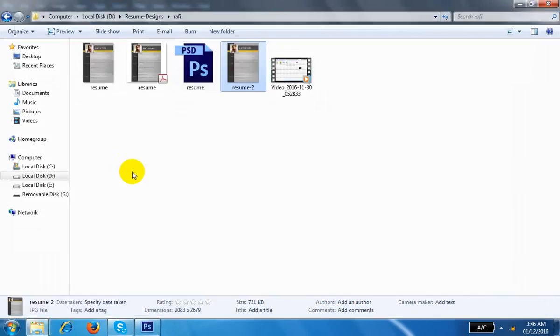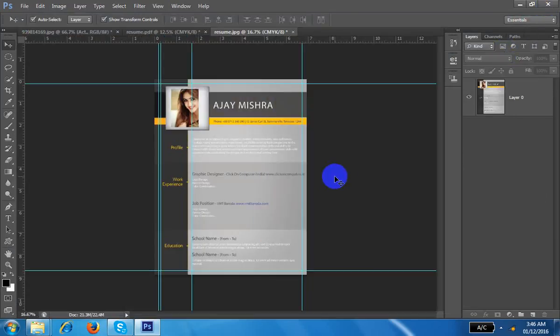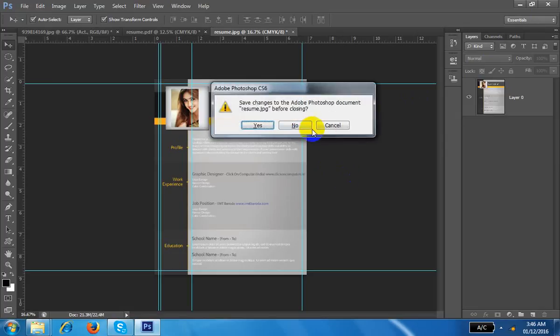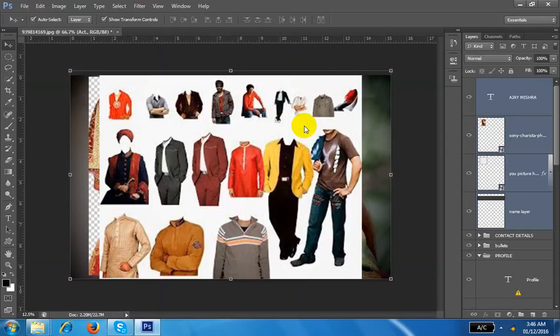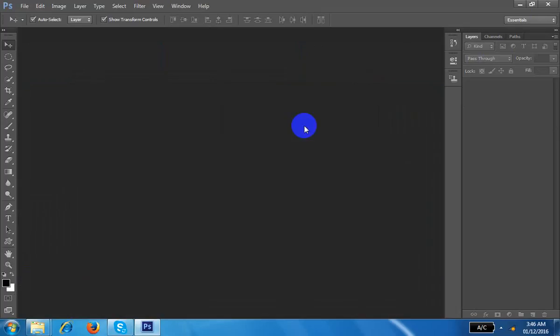So I can close. Right now I am not teaching anything in Photoshop. I am showing you how to use Photoshop. Understand? Everybody knows Control W is the shortcut for closing. Control W. I can remove all these things. So you understand the folder, and you understand this other thing also.